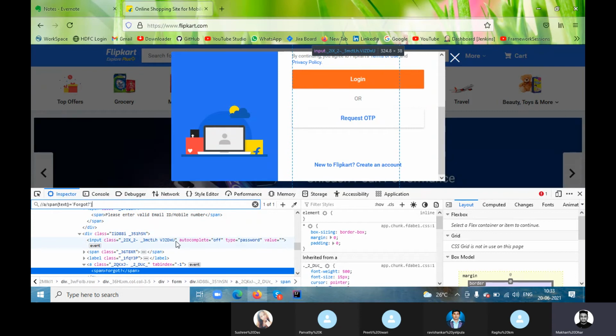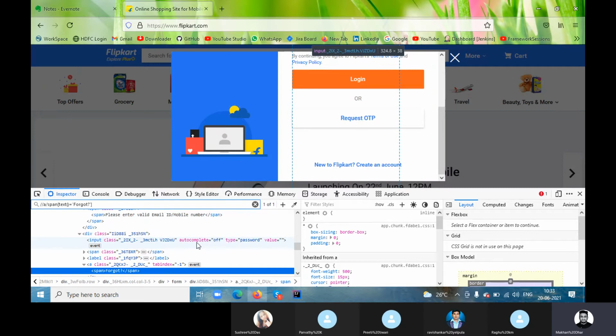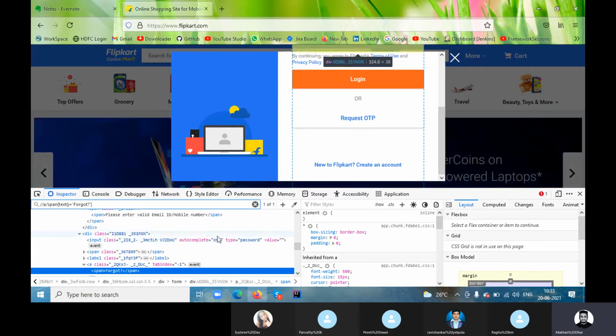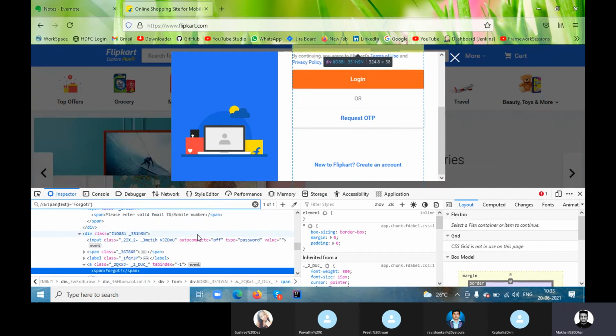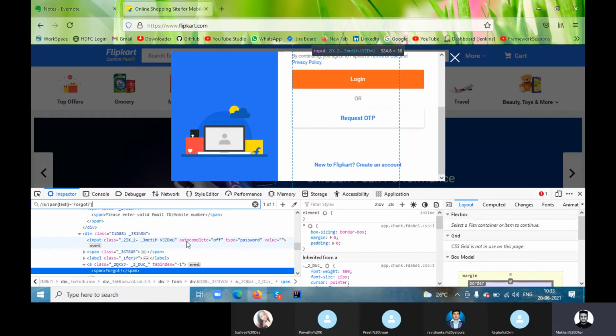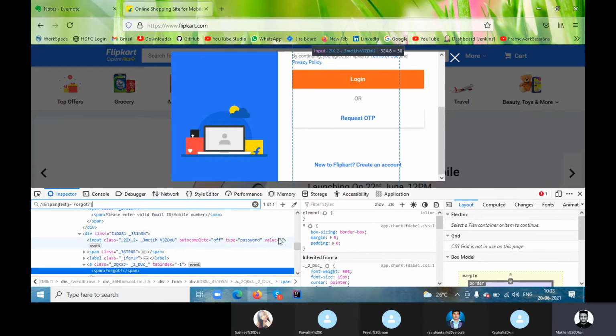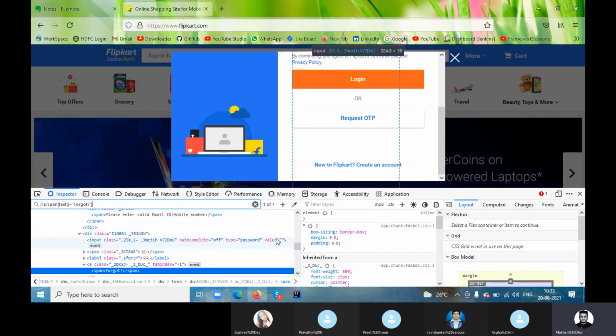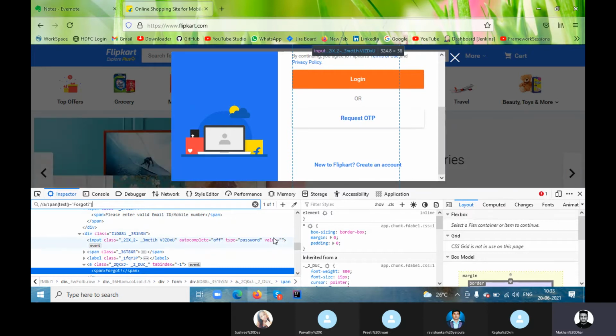If you have more than one attribute, a combination of two or three attributes, you will still get it, because those things did not change. Maybe only one class value or type value has changed, but not all three attributes or two attributes at a time. So your element will still be unique.